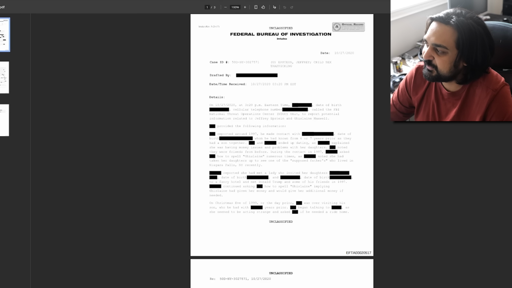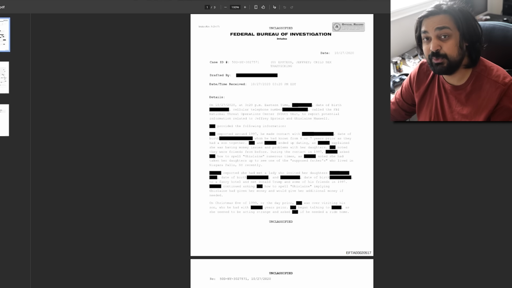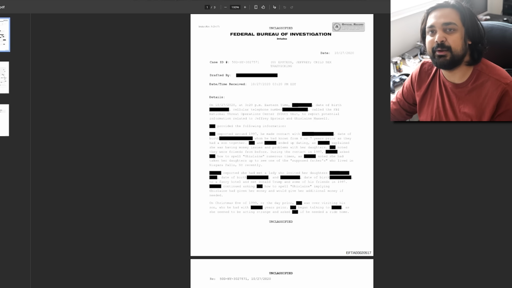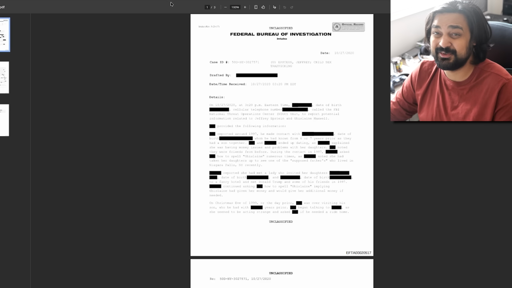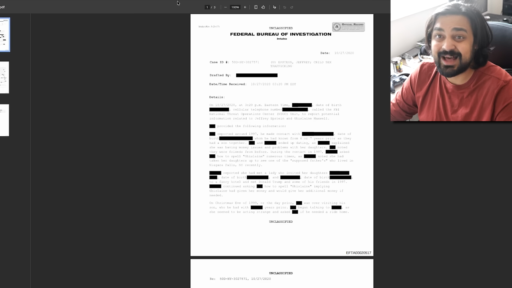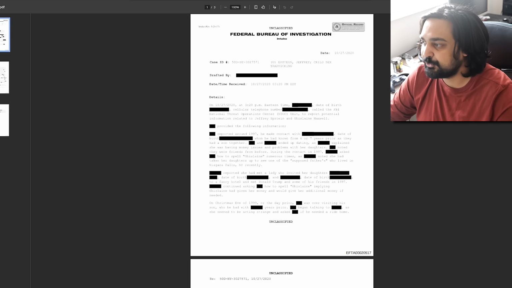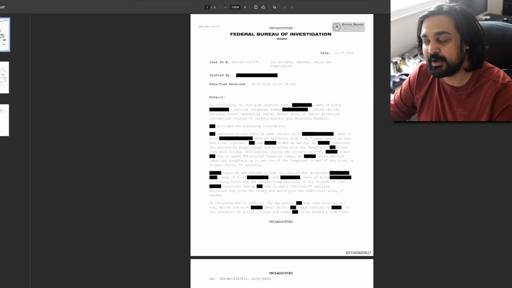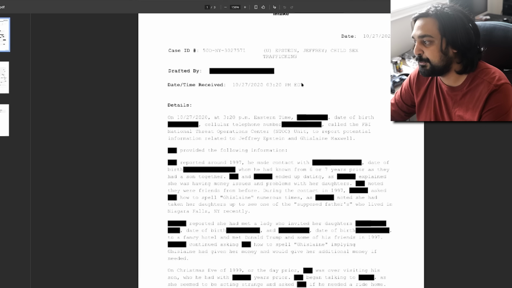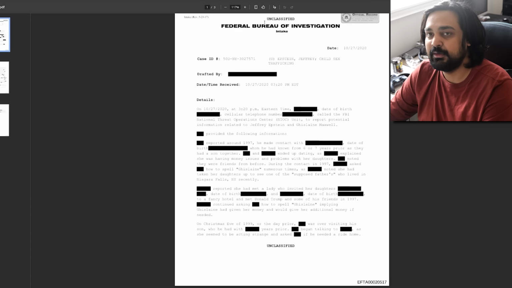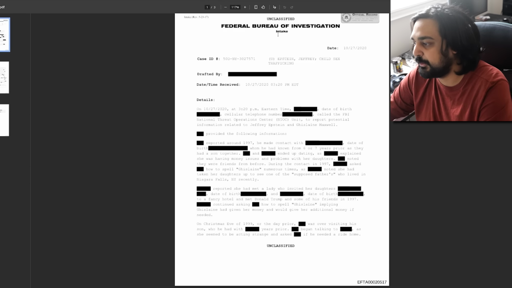So one of the darkest things that I've seen regarding the situation is one file from the newly released data set, which has a lot of new information, I think around 11,000 different files. So there's a lot of stuff to look through. One of the actual posts was EFTA00020517.pdf. Now we're going to read through this because it's an insane FBI intake document right over here.